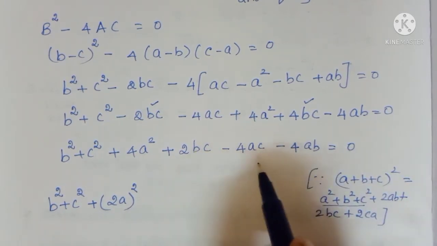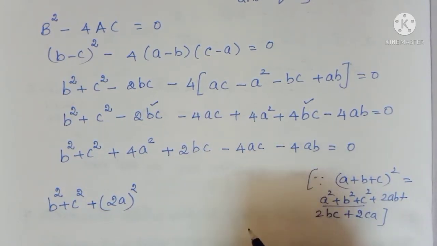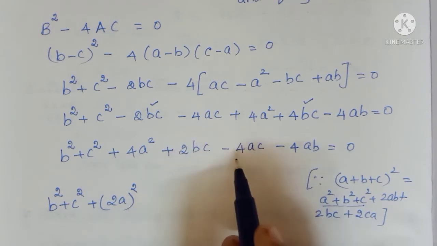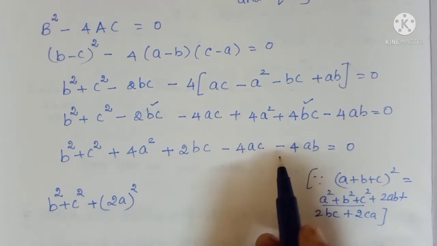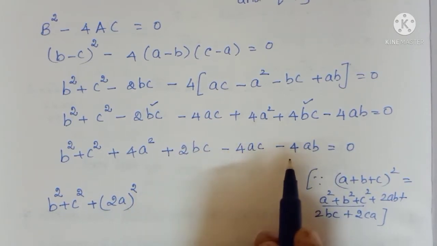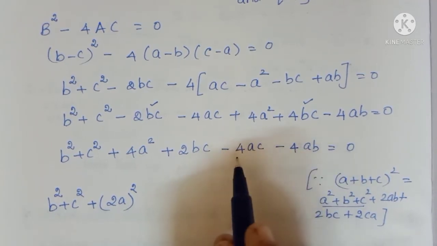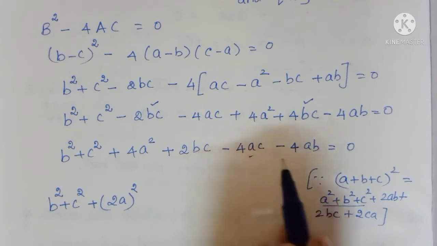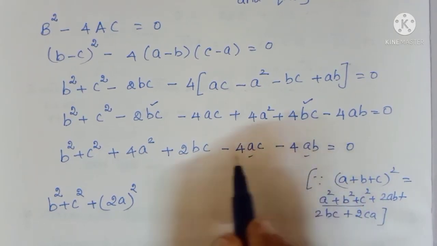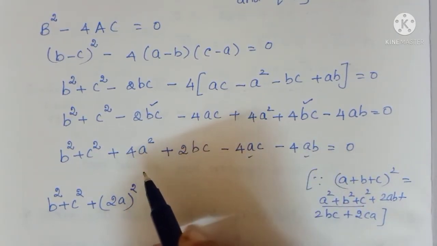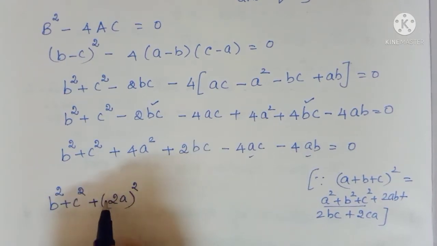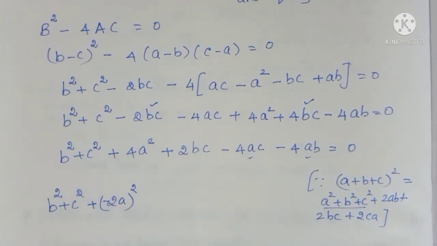And the other remaining three terms, we are going to see here plus term is there, here also minus, here also minus. Already I said the two terms having minus means we have to see the common element in the two terms. In these two terms, the common element is what? A. Here also A is coming. So that term only we are going to take as a negative value. That means here we are going to fix minus 2A the whole square.